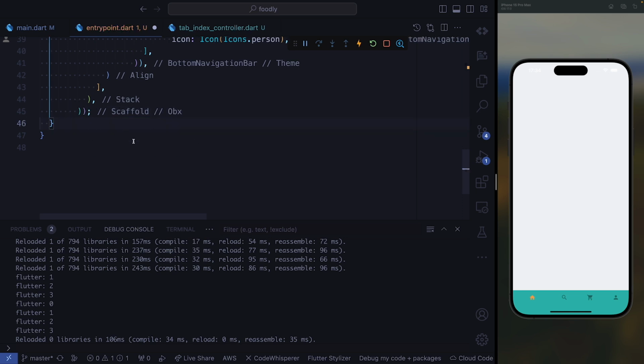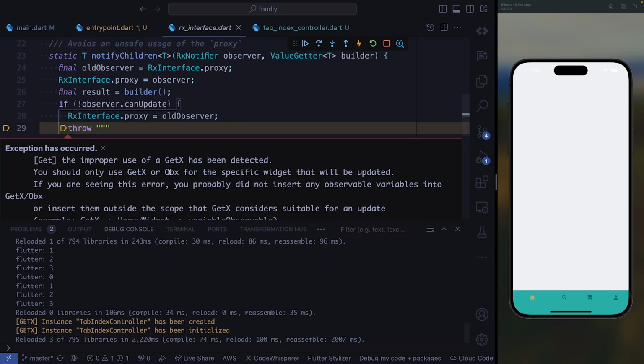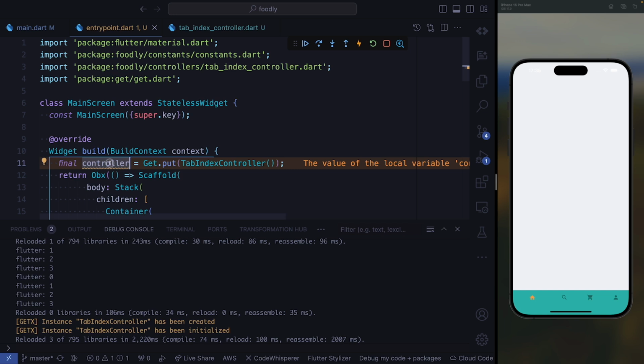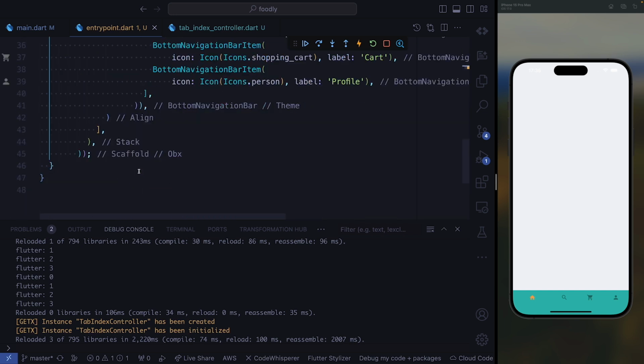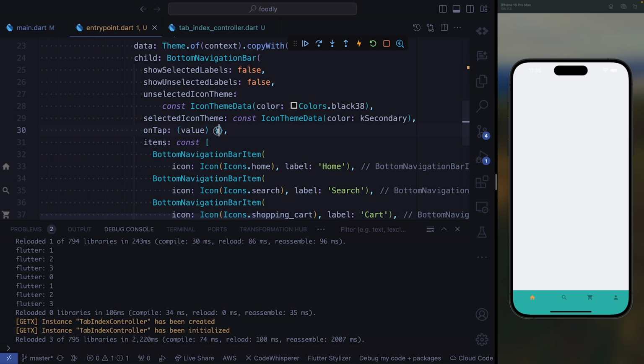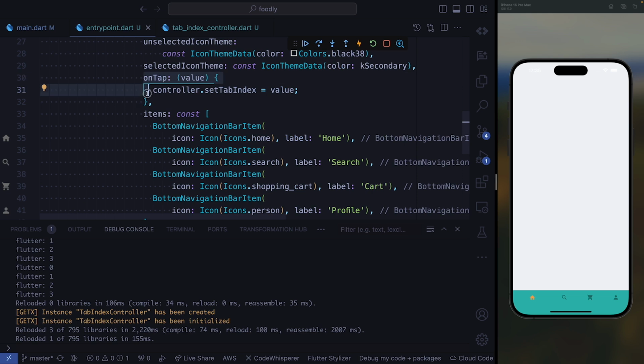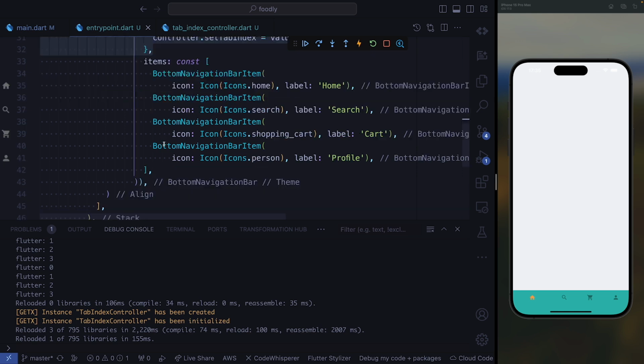If we save this file like this, we are bound to run into this error. For us to get rid of this error, we need to utilize the Obx value inside of our bottom navigation bar. So that's what we're going to do next. Here we need to use our controller. On tap, we need to go ahead and set index to value. Since we are done with this part, the next thing that we are going to do is introduce